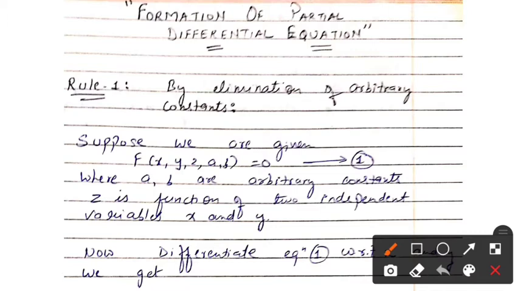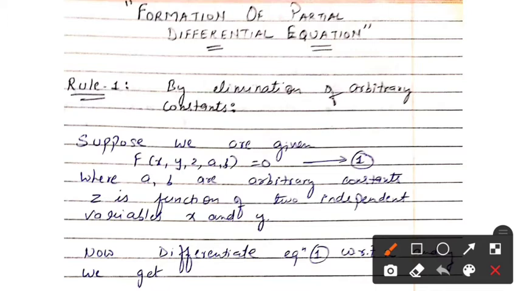Now the next term is partial differential equation. The differential equations which include partial derivatives are called partial differential equations. Now what is partial differentiation? The differentiation which can be done for more than one variable at a time, like ∂/∂x, ∂/∂y of f(x, y). For a function f(x, y), you can differentiate the function with respect to more than one variable. That is called partial differentiation.